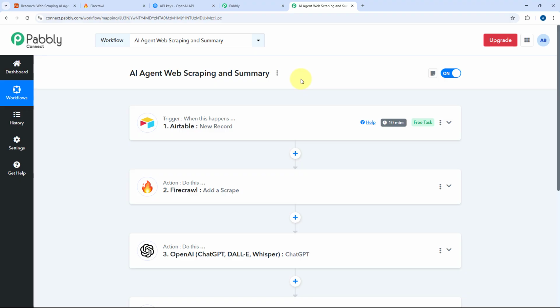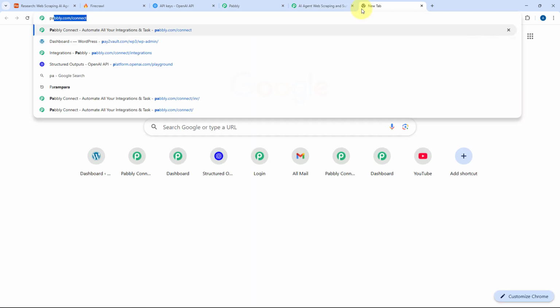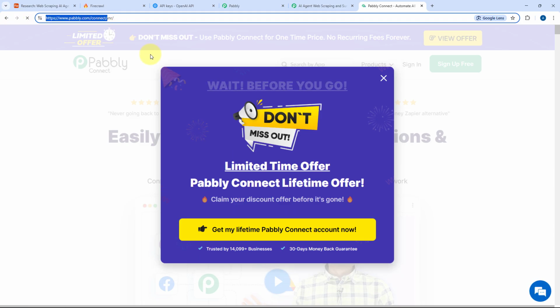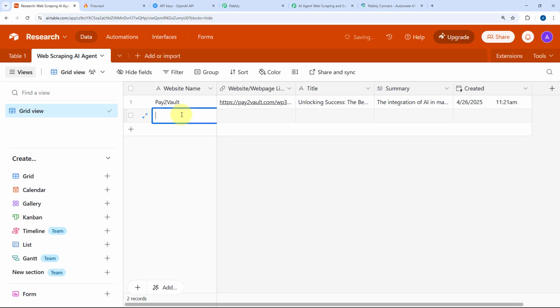Now after setting up this AI agent, I'm just going to test this AI agent once. For that, once again, I'll just visit the Pabbly Connect's landing page over here. And after visiting this landing page, I'll just copy the link and add this particular link over here in my Airtable database. I'm adding the website name as Pabbly. This is the link over here. And after adding the website name and the web page link, we will just wait for 10 minutes